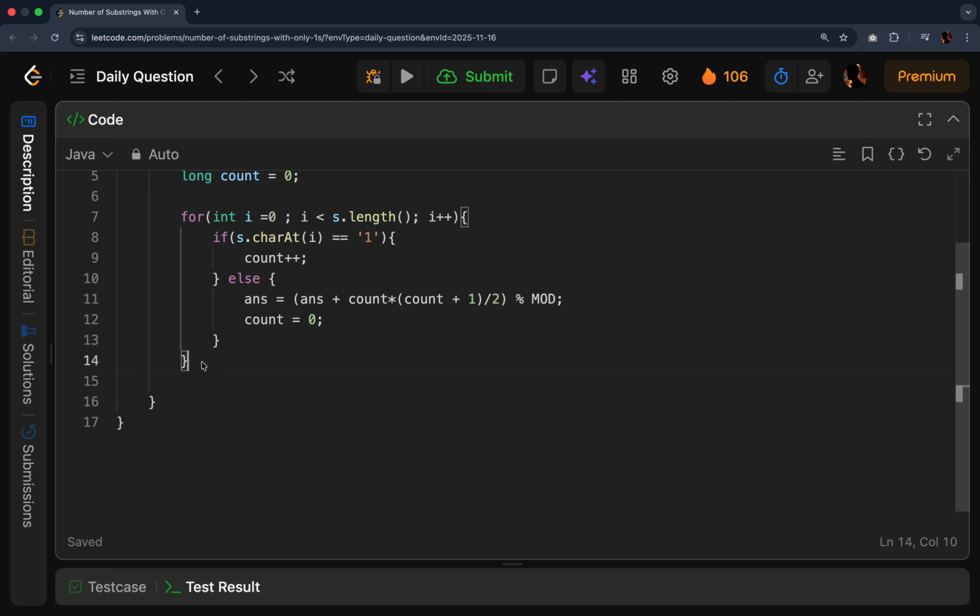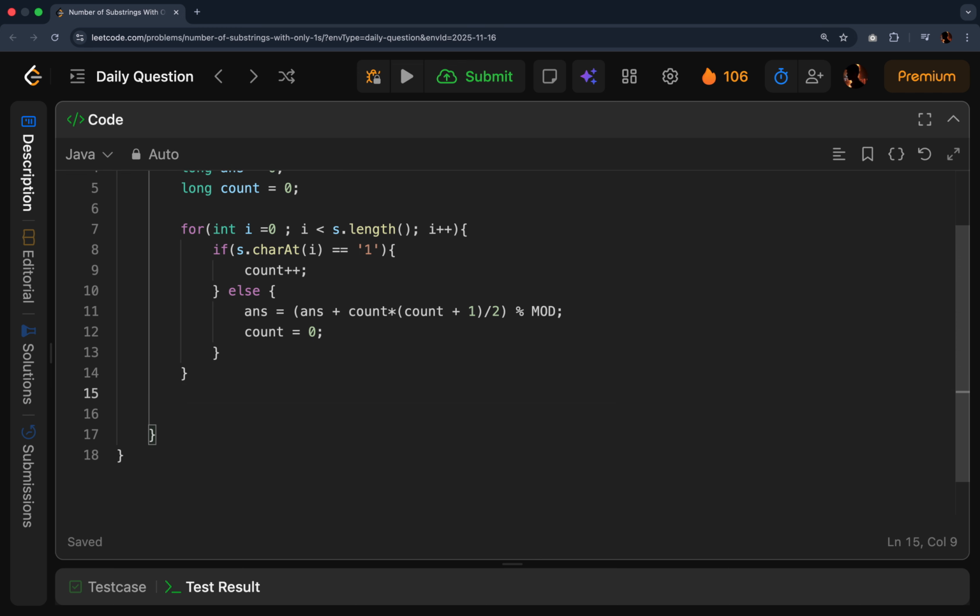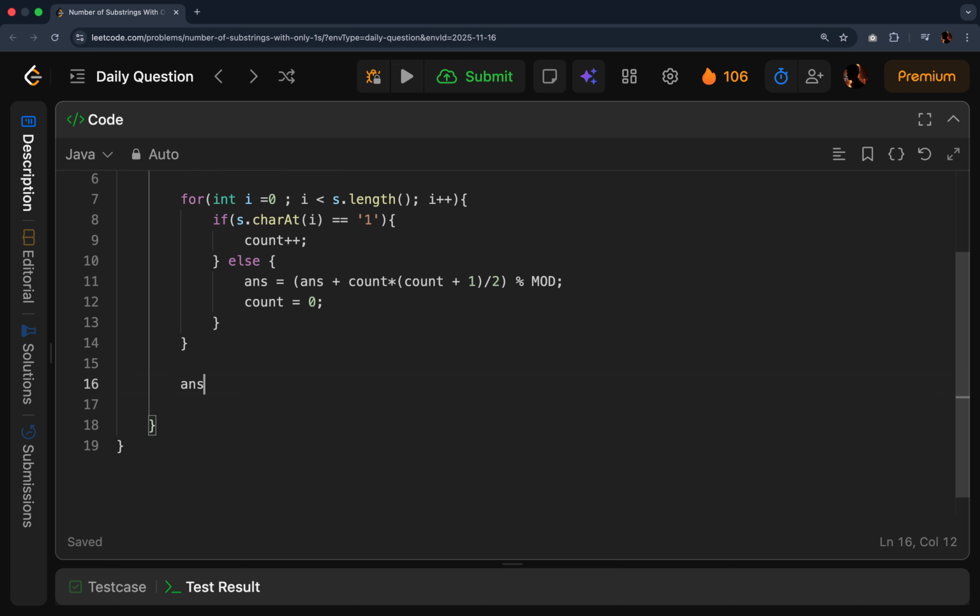Now finally, after staying out of the loop, we are going to return an answer. So answer equals answer plus